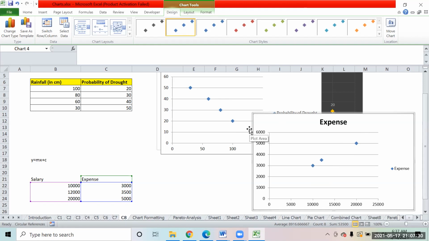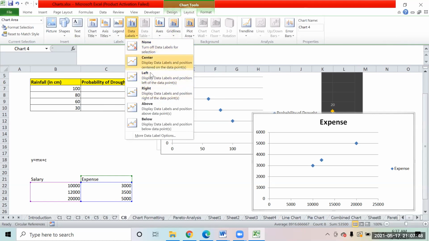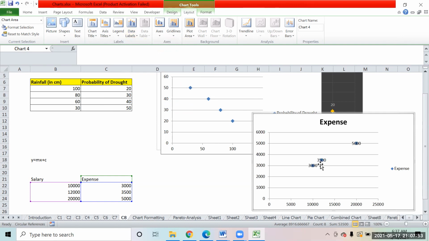Is there any way I can add some data labels for my understanding here? Data labels as in? Because it seems only the plotting, so in order to get a better understanding, can I add some data labels here? Data labels can be added everywhere. So you can add them, but in a scatter plot you have a lot of points, so it becomes very tough to see them. We never plot these things. We put data labels only in pie charts and bar charts, because in real time you will have a lot more data, thousands of points. So it becomes a little cluttered in that case.